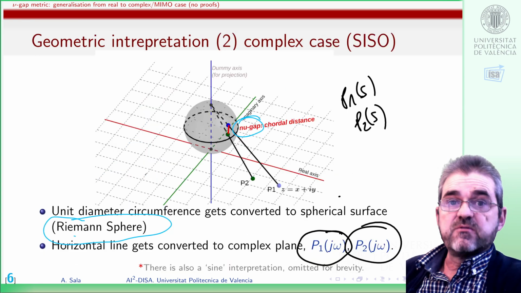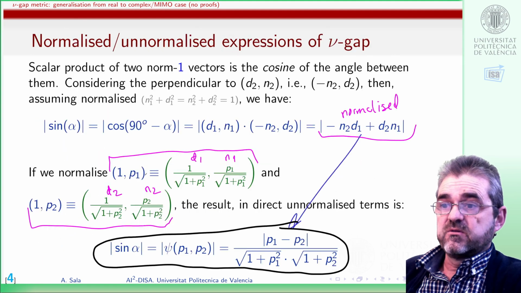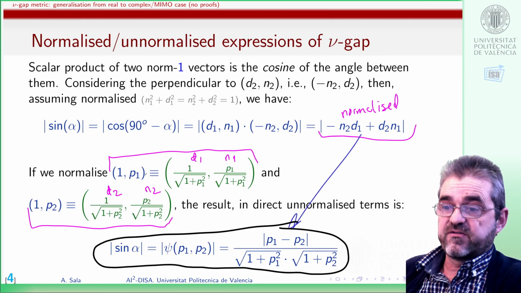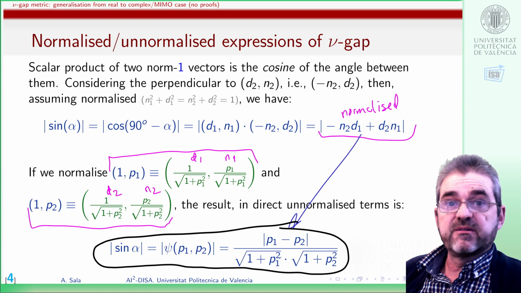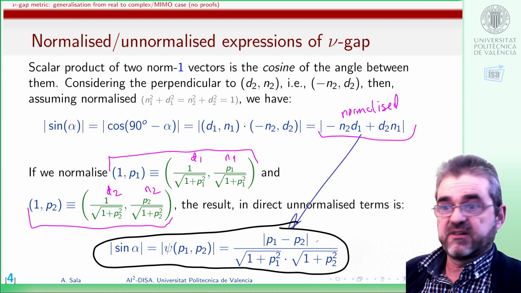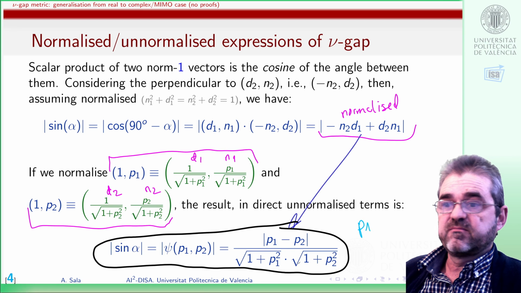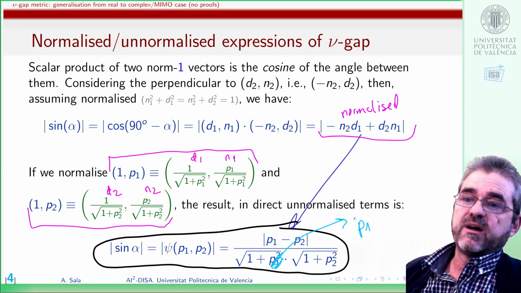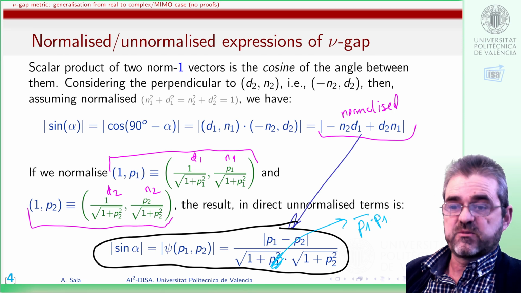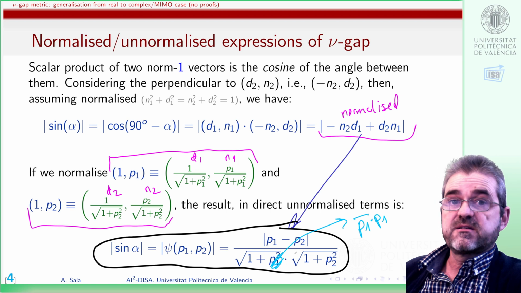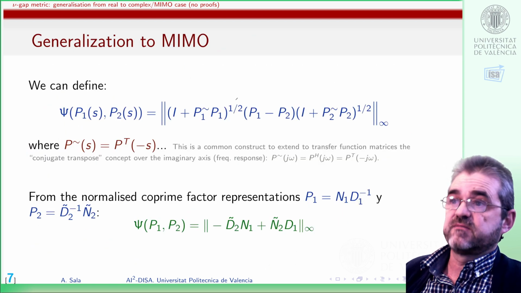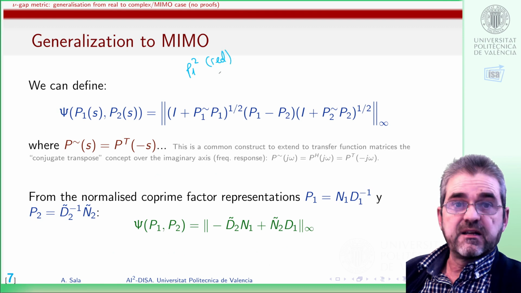So, once we have the new geometric interpretation, let's go with the generalization of these formulae. If there were a complex number, it is just copying the same, but P1 being complex, well, instead of the square of a real number, we will put here the modulus of a complex number, so we would replace this thing by P1 conjugate times P1. This would be the square of its modulus, and if there are transfer function matrices, then we get the following general stuff. P1 squared in the real case,